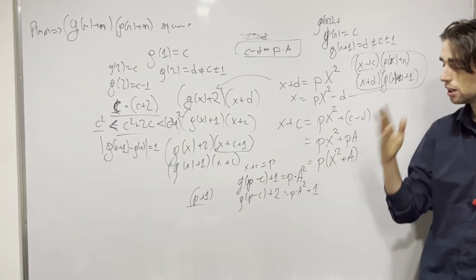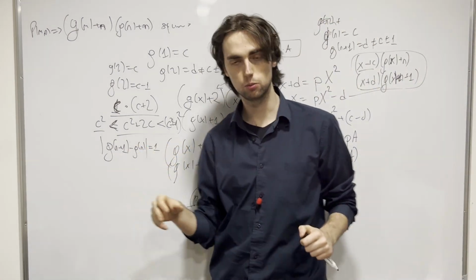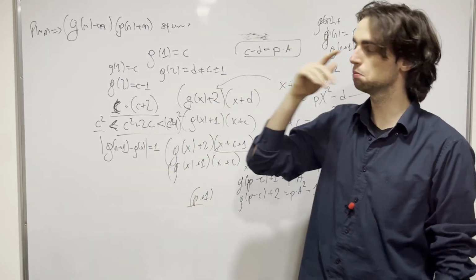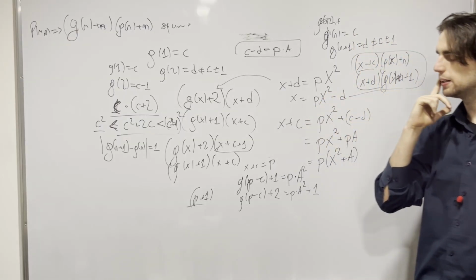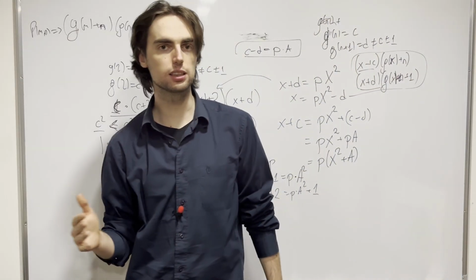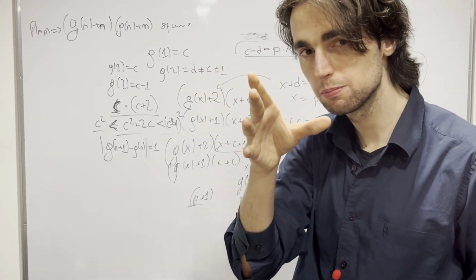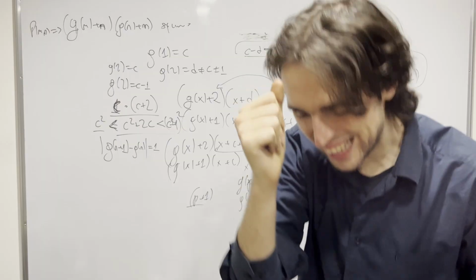Now with this idea, what is our function like? Well, it starts off at c, it goes to c plus 1. And now, under what condition will we not have our solution g of x is x plus c? Pause for 3 minutes and think about that. And the answer is,